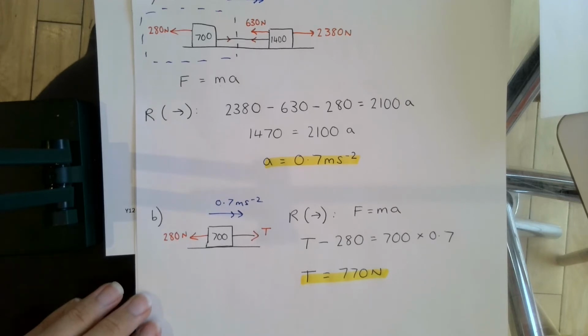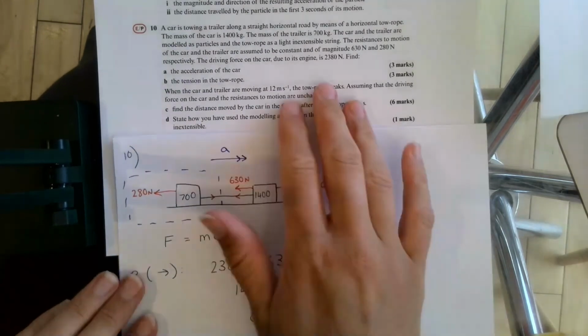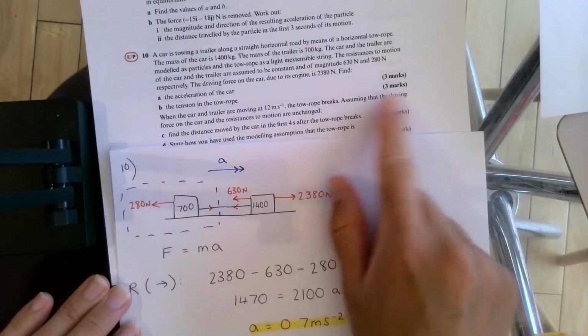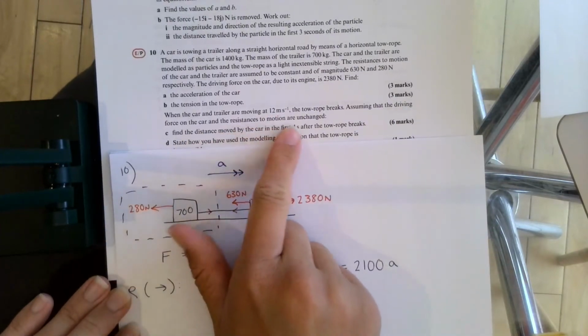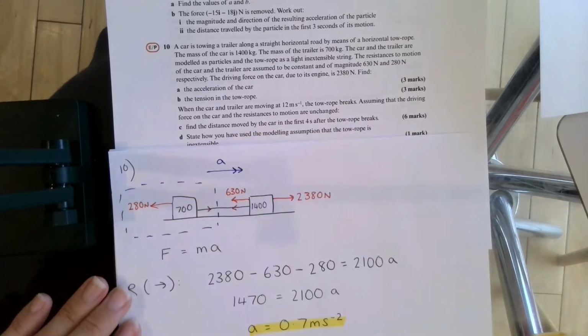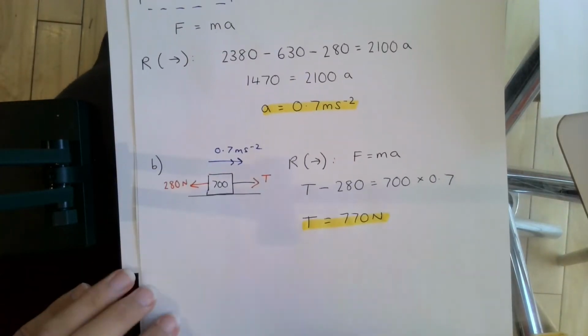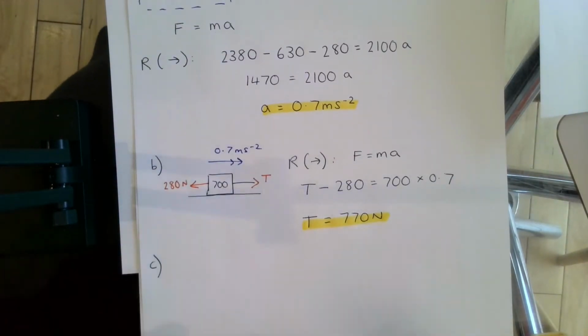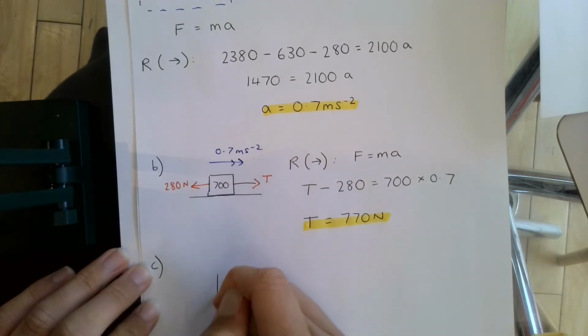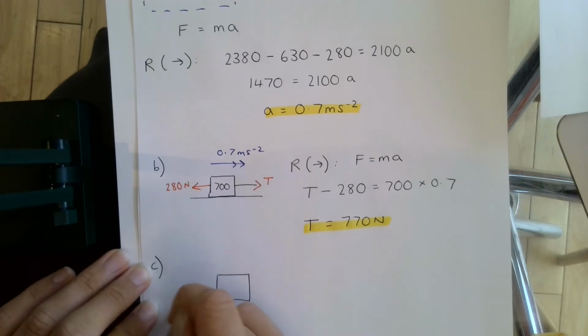The next bit of the question is asking me about when the rope breaks. So it says, the car and trailer are moving at 12 meters per second and the tow rope breaks. Assuming that the driving force on the car and the resistances to motion are unchanged, find the distance moved by the car in the first 4 seconds. When the tow rope breaks, that means that the tension will disappear because the rope goes slack, there's no more tension. So if I just focus only on the car,